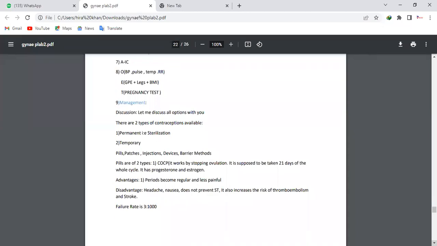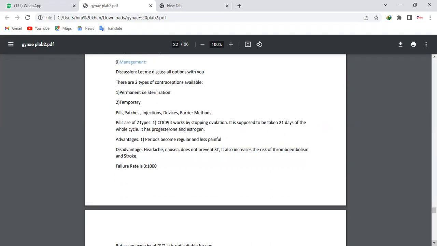I can understand that in this scenario the management is very long, but we might not have the time. So what we are going to do is shorten the history. The risk factors part is very important, so complete that. Ask just 1 or 2 questions about the sexual history and the menstrual history, and then just 3 to 4 questions from the remaining history, and then come to the management part. That is where you have to manage your time.